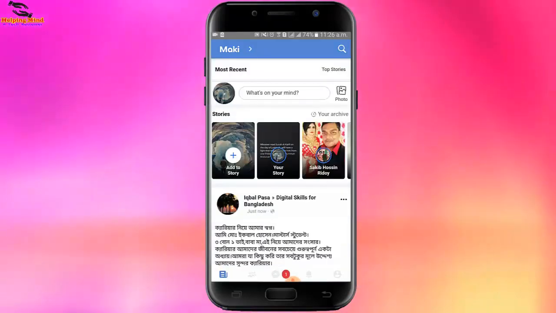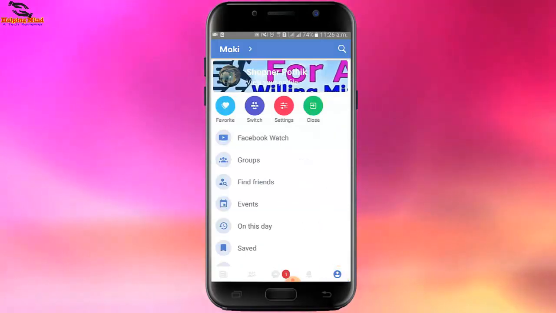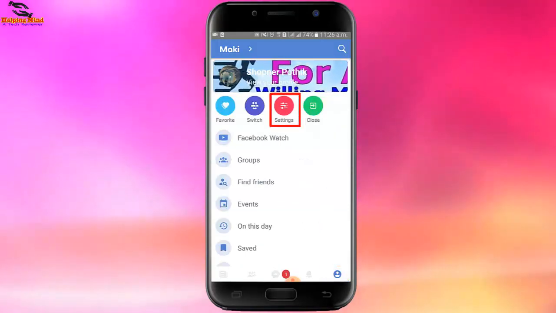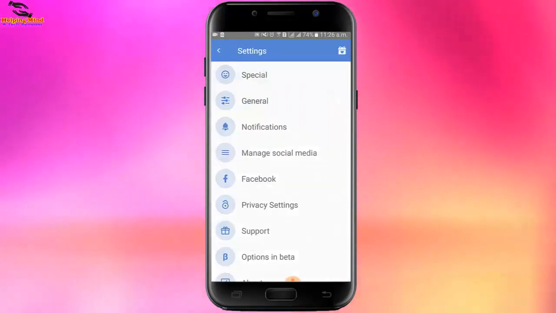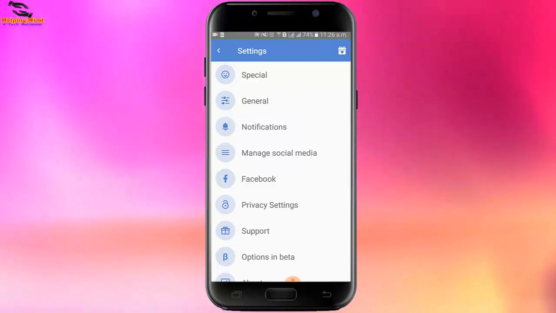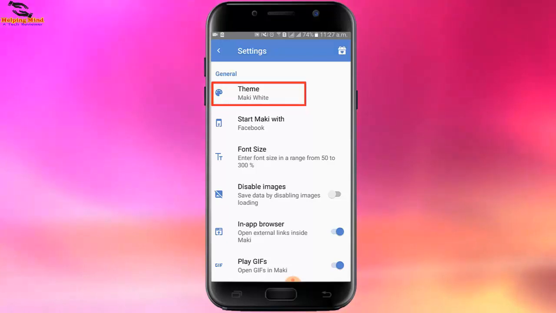Here you can see the Facebook login is complete. Below we can see a profile icon. We have to go to this profile icon to enable dark mode. Here I will see the settings, a red circle. I will tap on the red circle, and here I will tap on General. We can see the option named Theme.